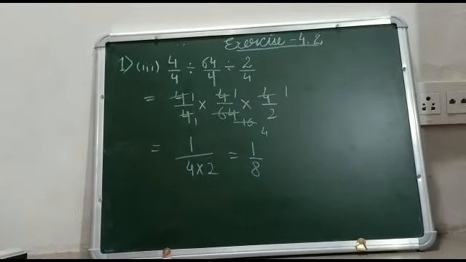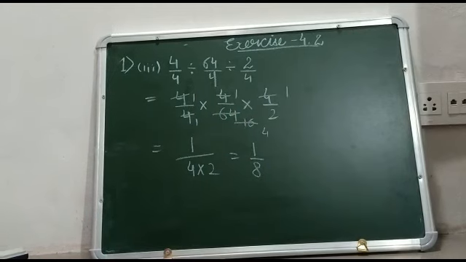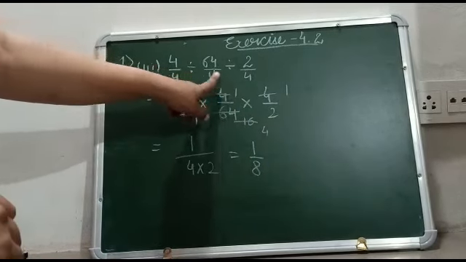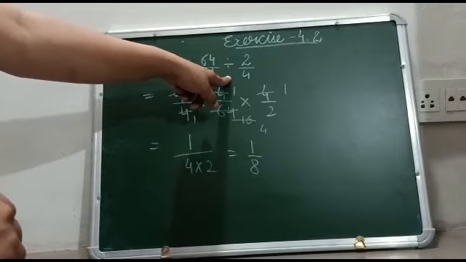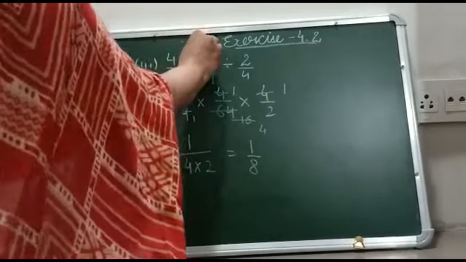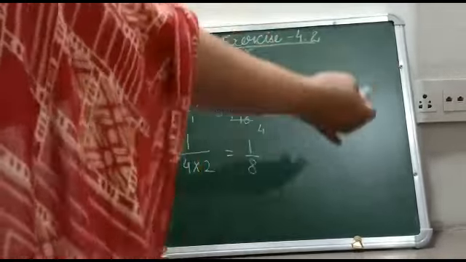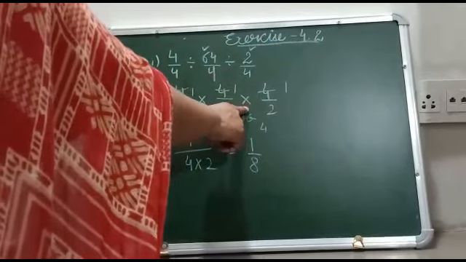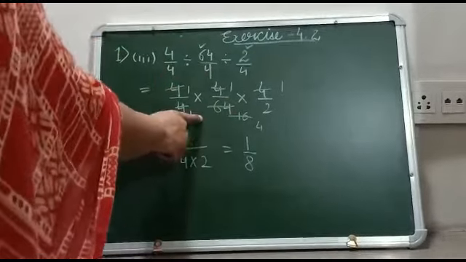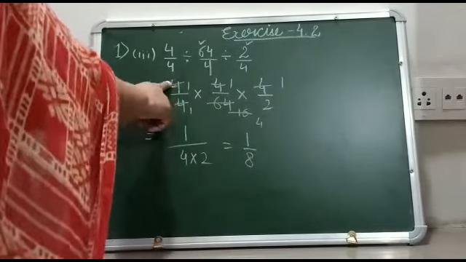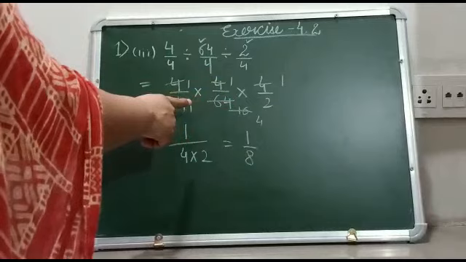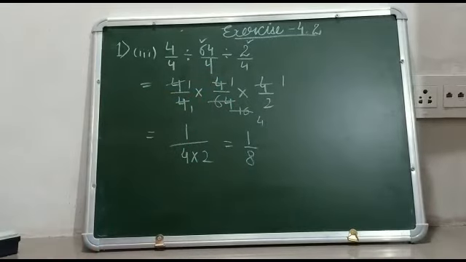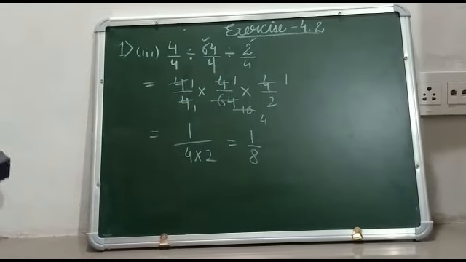This is how we solve this kind of questions in which we are having three fractions with two signs of division. Then we will take the reciprocal of the two fractions on this side of division, and the sign of division will get changed into multiplication, and further we will cancel out the common factors in the numerators and denominators of these fractions, and then we will get our answer.